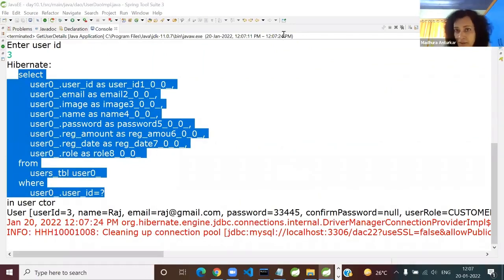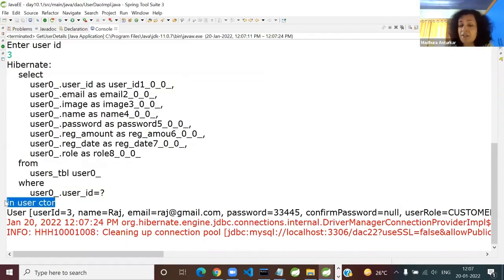Exactly once. And I already explained the behavior. So now, you can see, it is calling the user constructor. Guys, this is nothing but classic deserialization. The only difference is that in core Java, when you said in.readObject on the ObjectInputStream,